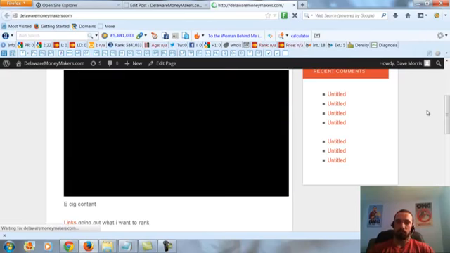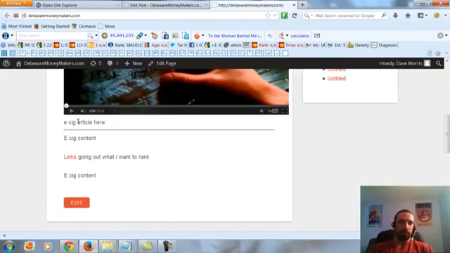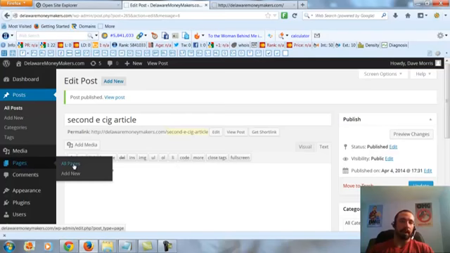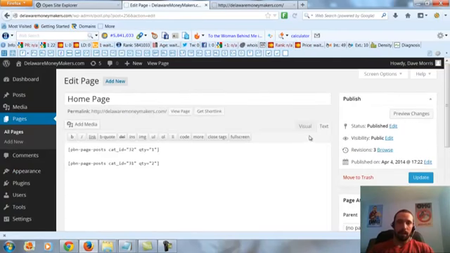And then there's our first article, and our second article. It'll all stay on the same page. But remember, if you want to add a second one, you got to change that shortcode. If I wanted to add a third one, I would go back to my home page and change that to 3. If you want 2 videos to display, you can change this to 2, and you can set up like that.